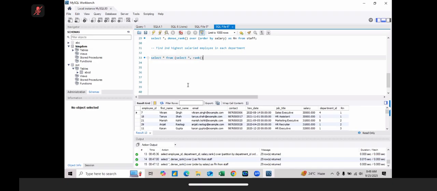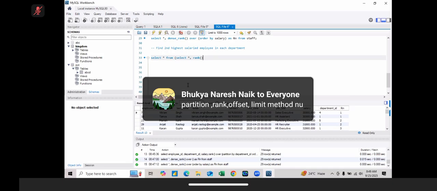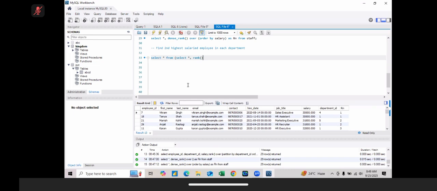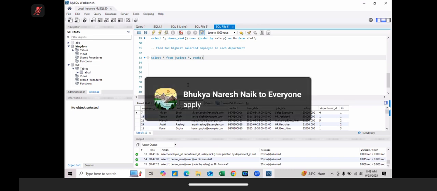Row number. Why row number? If we use row number, you understood the difference between row number and rank. Row number will give different numbers even if the values match. For example, when we are calculating rank, if the second highest salary value is 50,000, and for that 50,000 there are three employees,